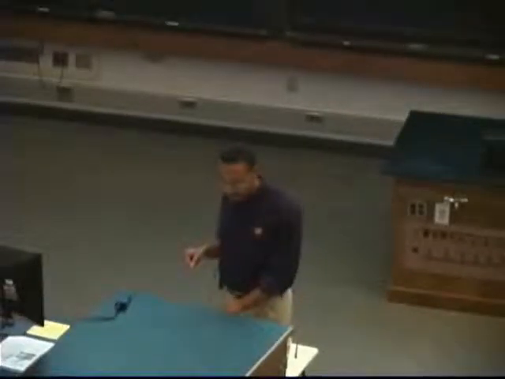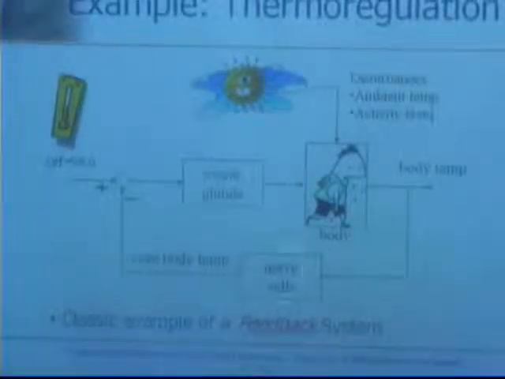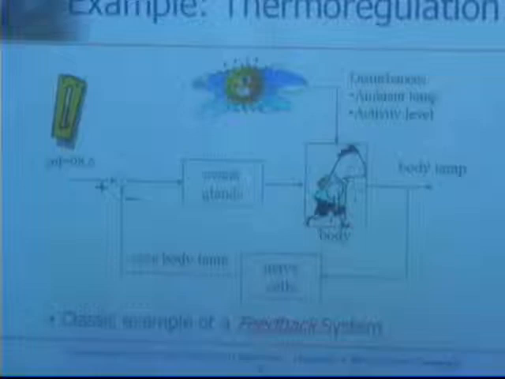Okay. Well, this is what we call regulation of our body temperature, thermoregulation. It's a big feedback system. This is one of the blocks here, and that's me, kind of dragging here. And I'm doing all sorts of exercise and activity. Somehow, some way, my body temperature changes. My nerve cells are able to pick up the changes in my body temperature, run that back to some comparator that's running in my nervous system, and from that, send a command to sweat glands, which open up, which cause more heat to get